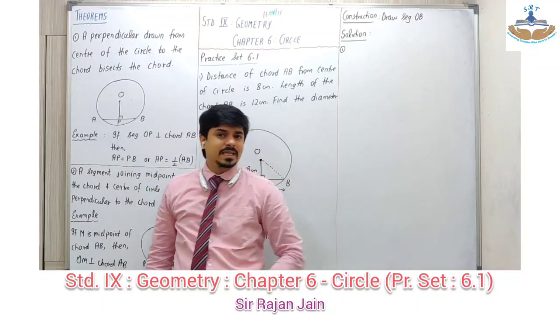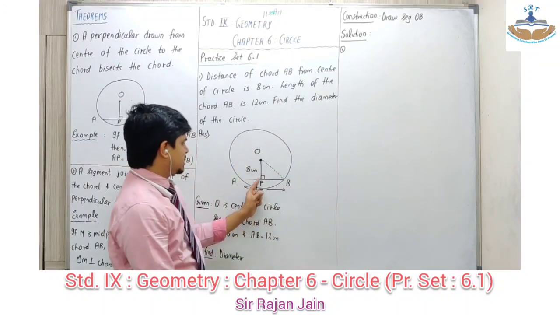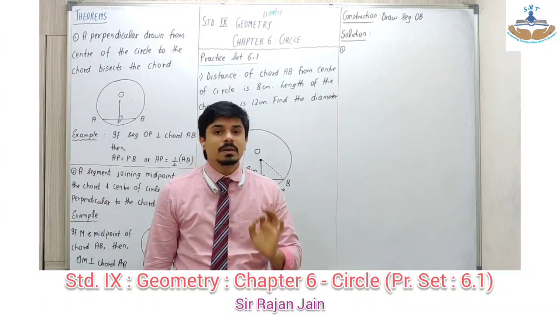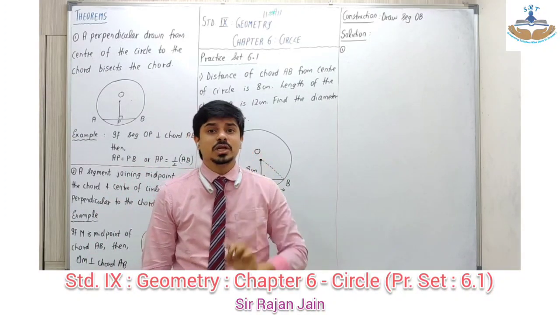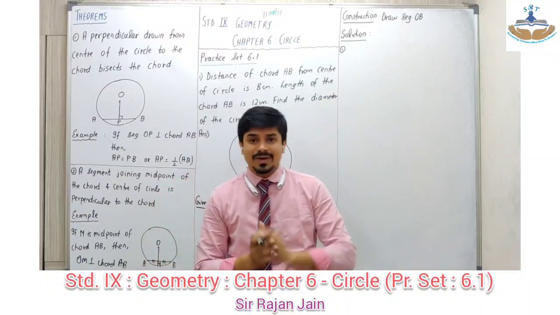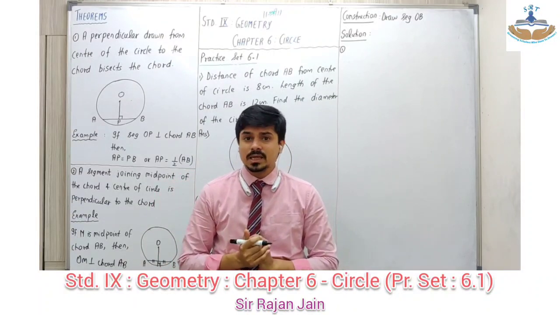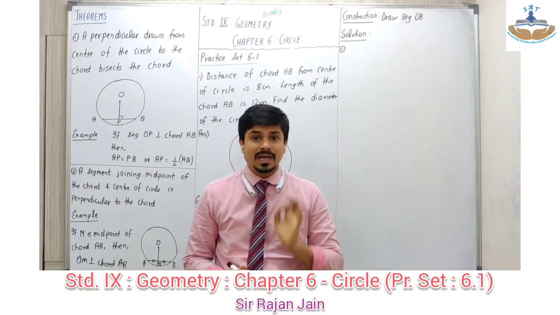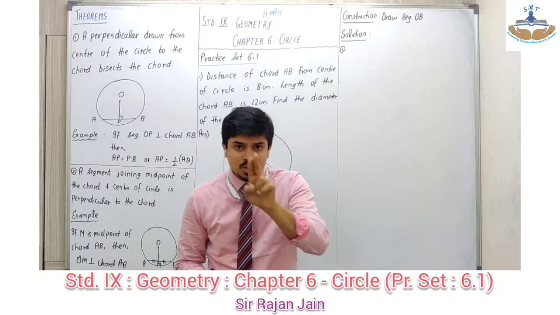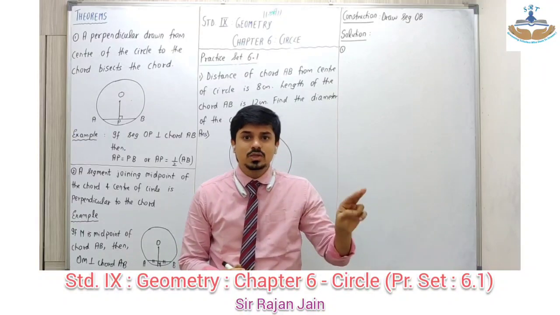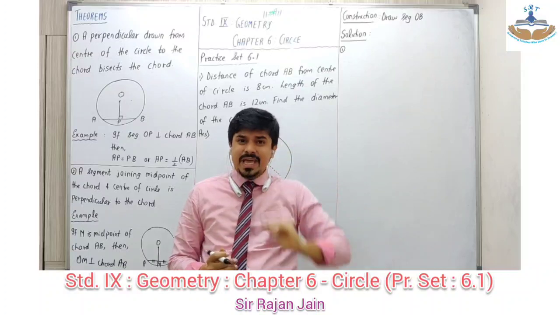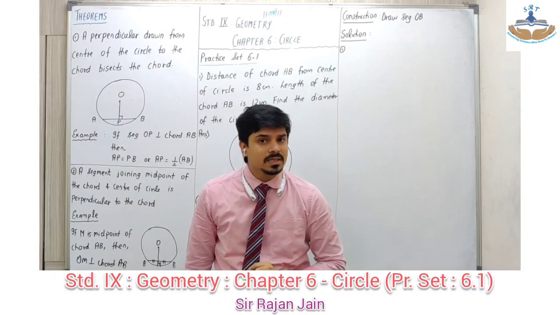Now whenever you apply any theorem, you directly cannot say PB is half of AB. That is the conclusion. कौन सा भी theorem apply करने के लिए पहले उसका condition लिखना पड़ता है. For example, when two lines are parallel and you say that corresponding angles are congruent, you directly don't write angle congruent to angle. What you write over there? Line so and so is parallel to line so and so is the transversal. ये वो theorem का condition हो गया, and then you say that corresponding angles are congruent.